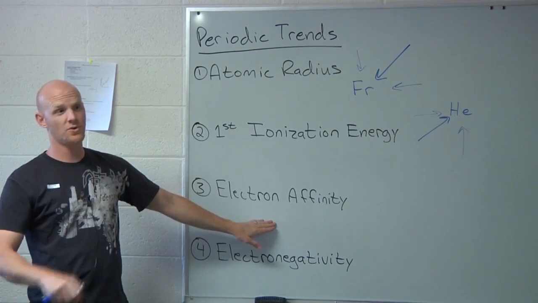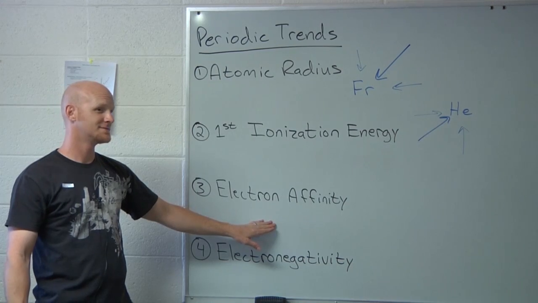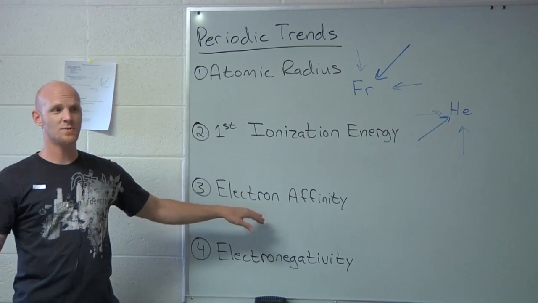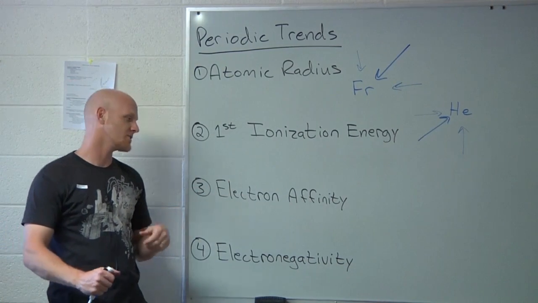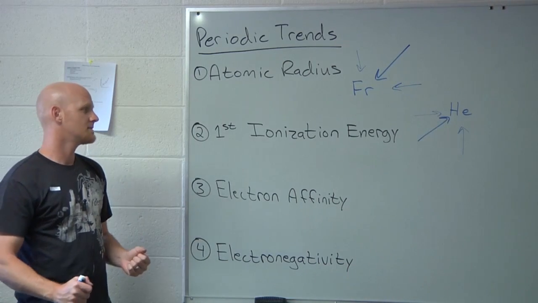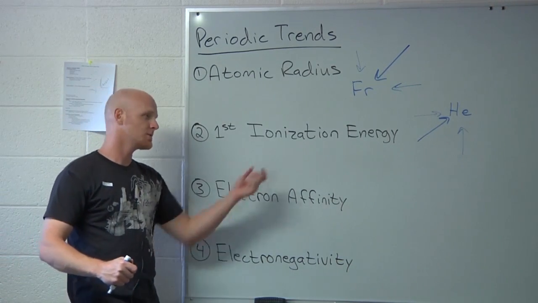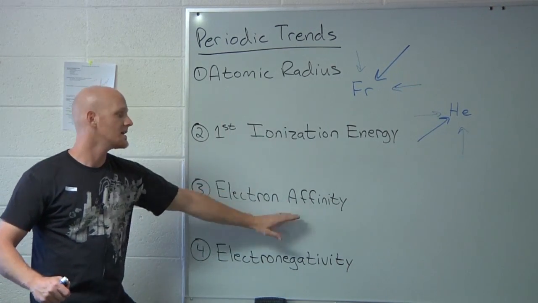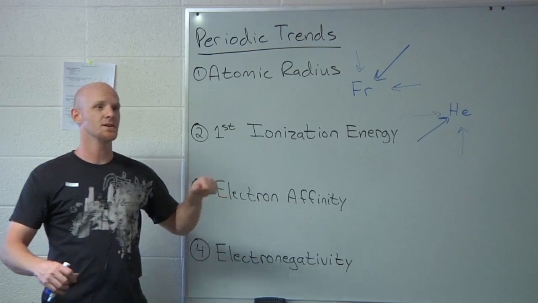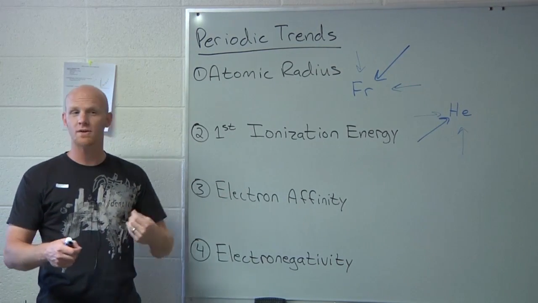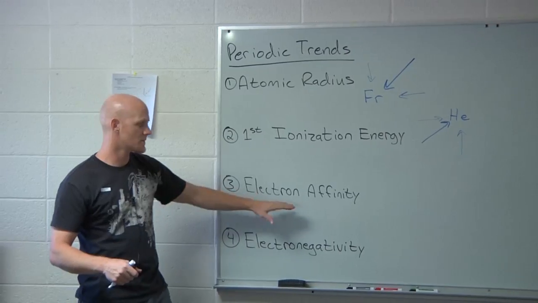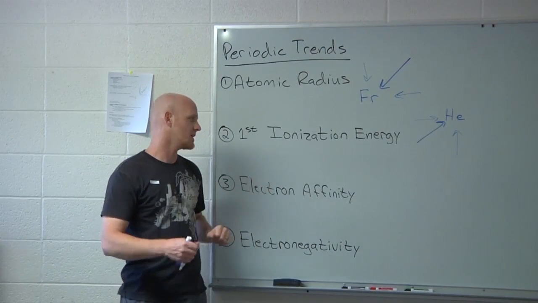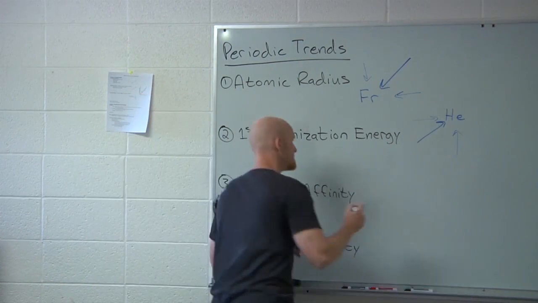Now what's electron affinity? Yeah, this is the energy change associated with gaining an electron, adding an electron. So, in this case, whereas it's typically endothermic when you want to remove one, it costs energy, typically there's a release of energy when you actually gain an electron. Not always, there are exceptions, but most of the time it is a release of energy when we add an electron. So, in this case, the general trend